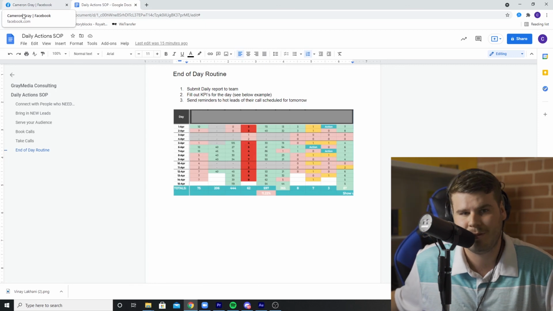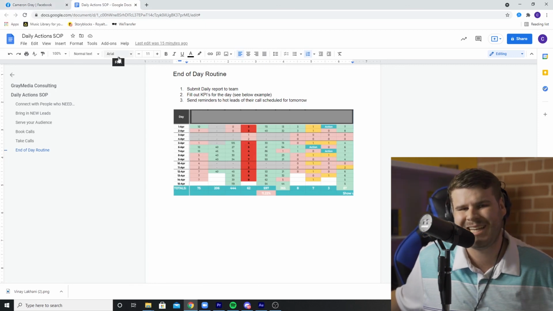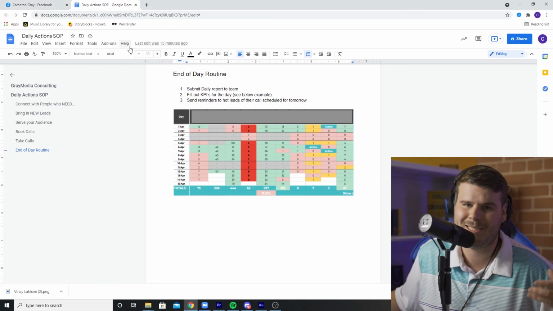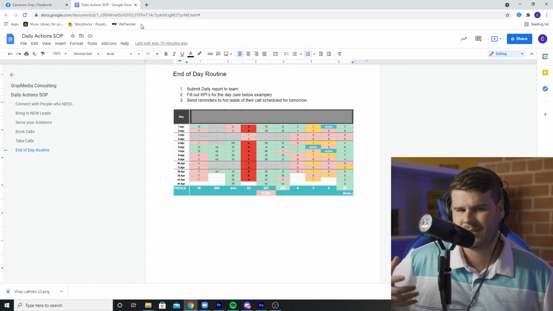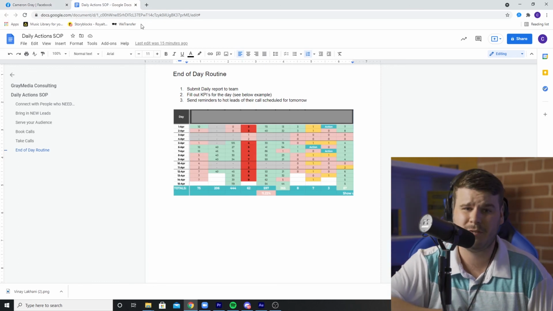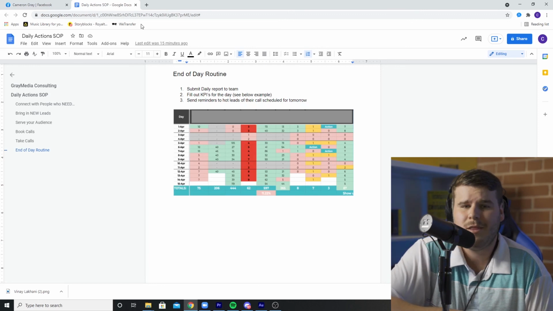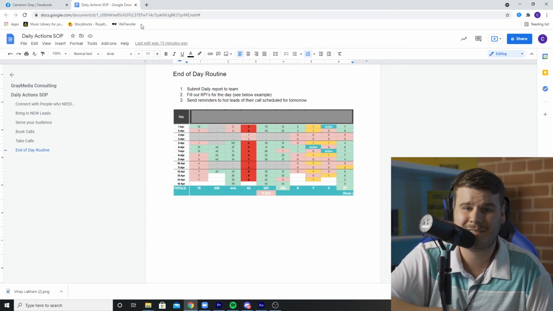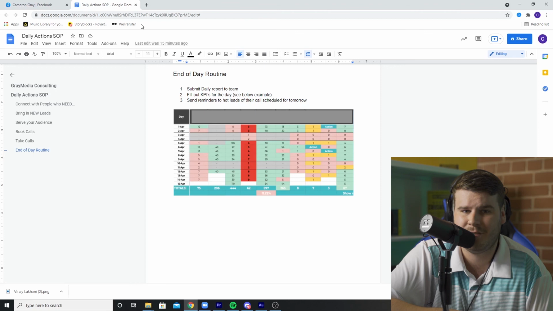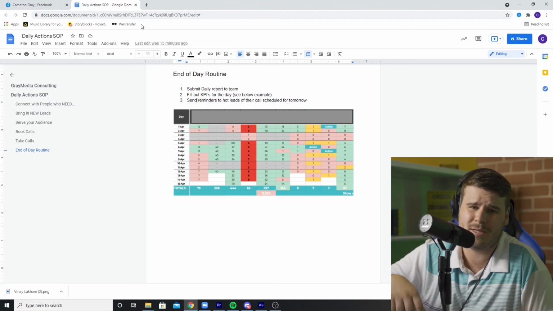Figure out those problems so you can turn this into a scientific equation, basically, of how to get clients in business. Because all businesses operate the same way, especially service-based businesses. They're very easy to grow. There's just not many people following consistent schedules of SOPs and daily actions that you can take to grow your business.